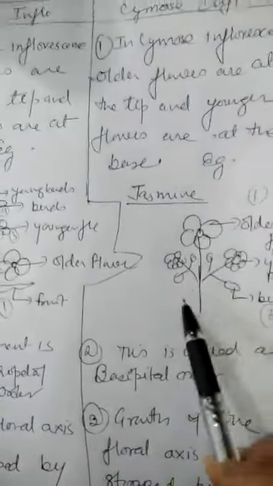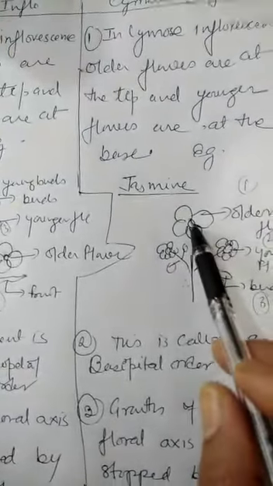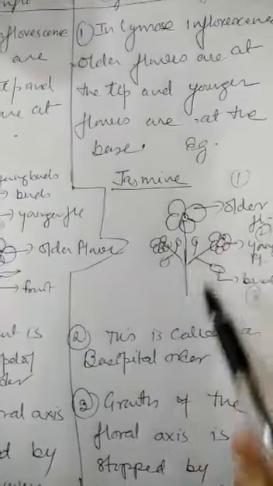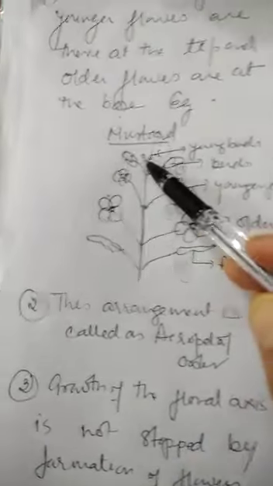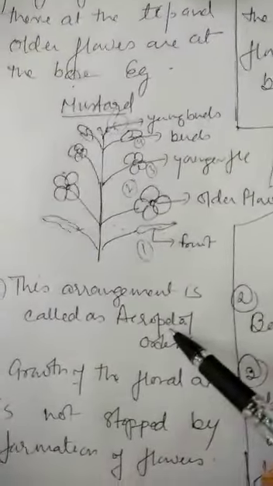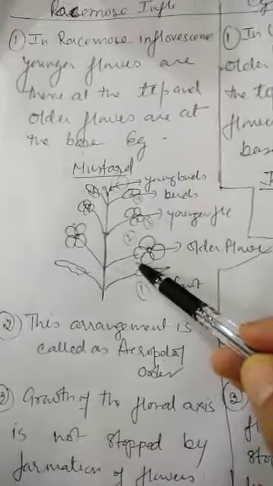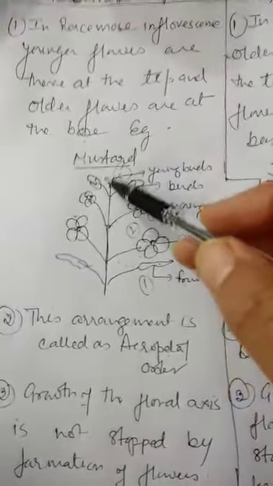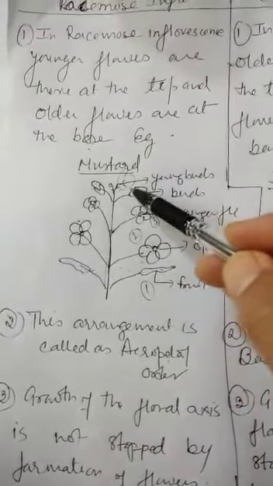It means this type of arrangement, if the older are there at the tip and younger are there at the base, it is called basipetal order. And if younger are there at the tip and older are there at the base, it is called acropetal order. Now in racemose inflorescence, actually the growth of the floral axis is not stopped by the formation